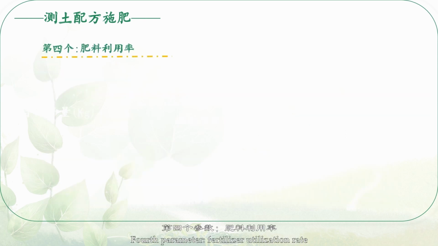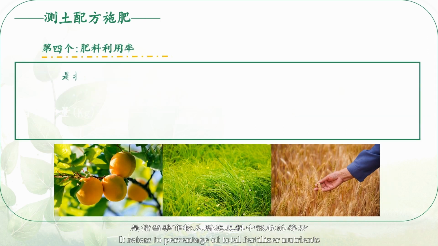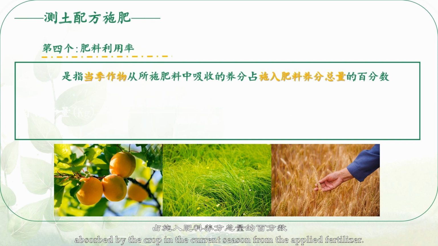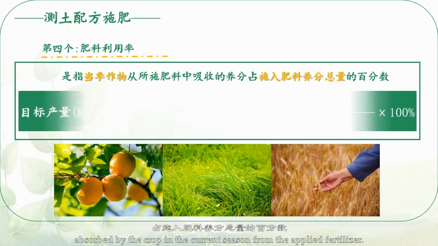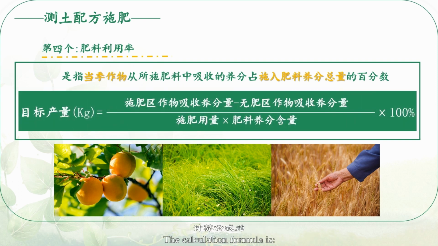Fourth parameter, fertilizer utilization rate. It refers to the percentage of total fertilizer nutrients absorbed by the crop in the current season from the applied fertilizer. The calculation formula is: